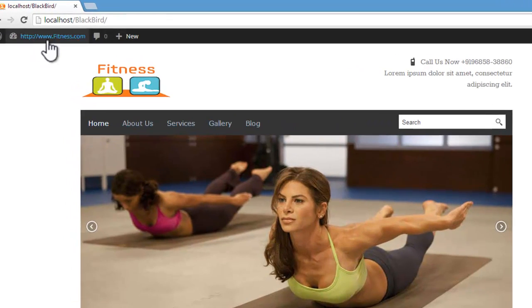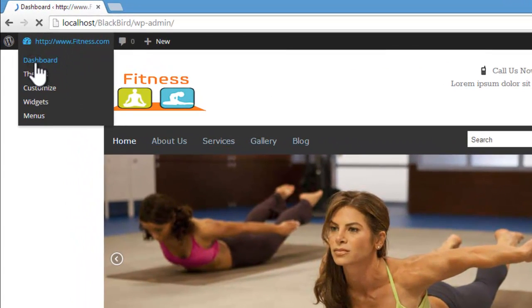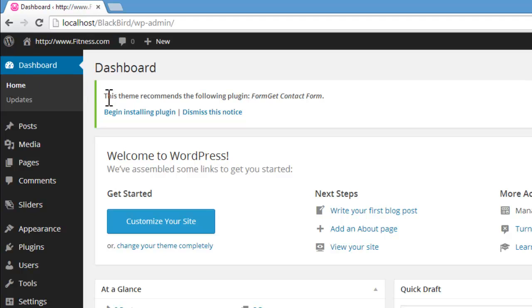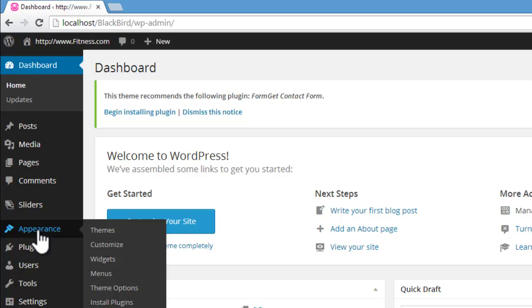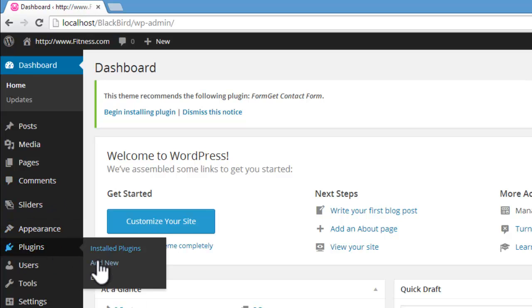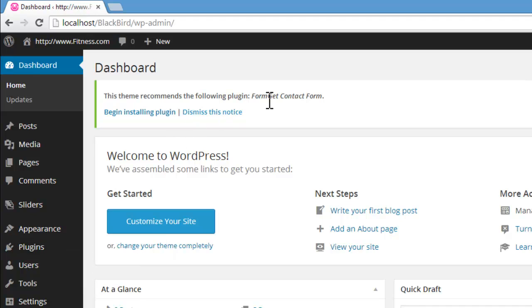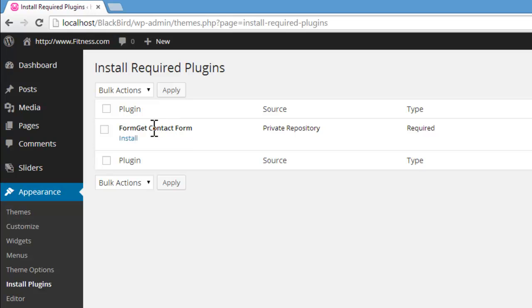To have the contact form, let us go to the dashboard. Here we have a message: this theme recommends the following plugin, Formget contact form. Dismiss this notice or begin installing this plugin. If you don't see this message, you can go to plugins and search for this plugin inside add new, Formget contact form. Since here I have a direct option, begin installing plugin, I am installing this plugin. It's a recommended plugin, so